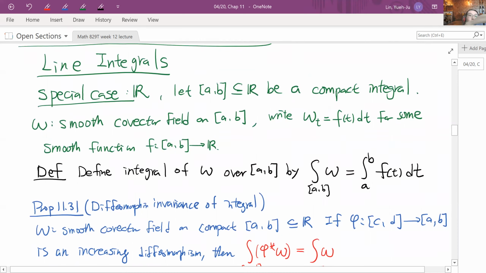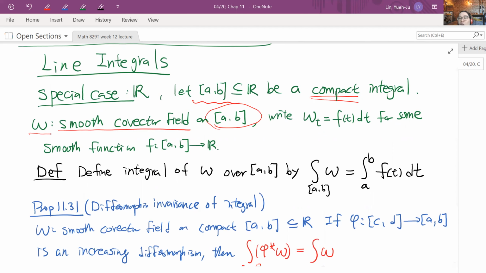Okay, so now let's see. So first, if we can understand how to do the integral on R, then we can define the integral on M. So let's say we have a compact interval, right? And we have a smooth covector field on this compact interval. Then because we have, for R, what's nice about R is that we have a global chart, right? We only have one chart. So in this chart, essentially the global chart, you can see that when you evaluate your